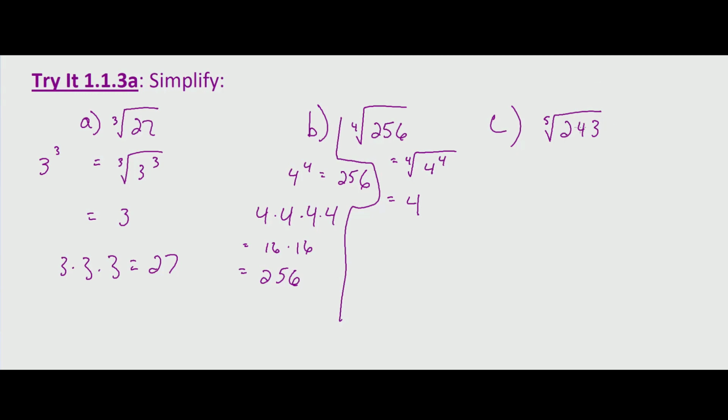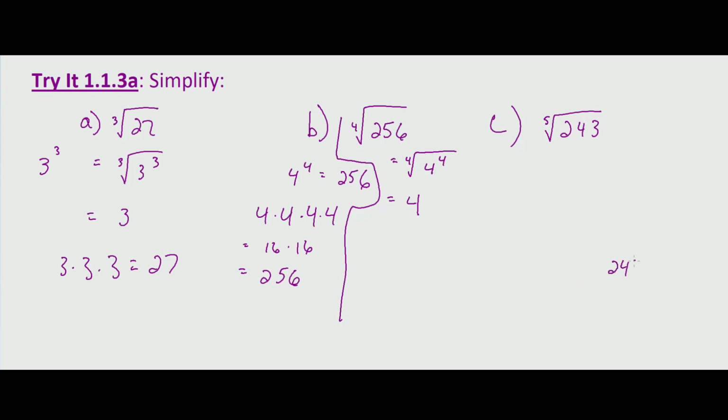So if we recognize 4, 5, 6, 7, 8, 9, if we add the digits up, 2 plus 4 is 6, plus 3 is 9. So we know that this is both divisible by 9 and divisible by 3, because 9 is both a multiple of 3 and a multiple of 9. And when the digits add up to multiples of 3 or multiples of 9, they're divisible by 3 or 9. So let's look at first